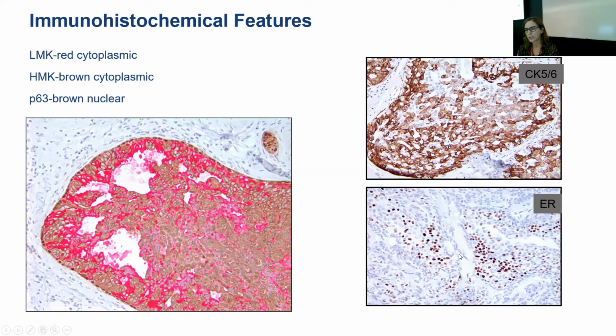We use CK56 and ER separately, and you can see that there's heterogeneous expression with CK56 and variable expression with ER within the usual ductal hyperplasia. Some of you may use some form of ADH5 or the triple stain, which includes a low and a high molecular weight keratin. Here, the low in red cytoplasmic, the high in brown cytoplasmic, and as well, it includes P63 to highlight the myoepithelial cell